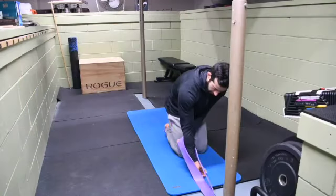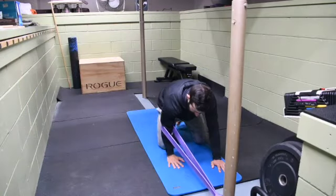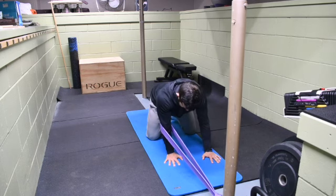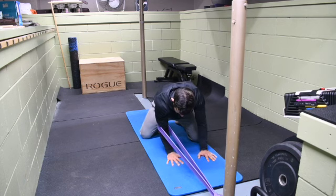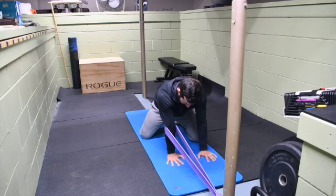All right, so we're gonna start with a band anchored low on a post here, and you're gonna place it at the back of your elbow so it's cupping your triceps. What we wanna do is work our way back into tension here so that we can drive our elbow into the resistance of that band, actually bending the elbow, and then relax, allowing the band to take our elbow into